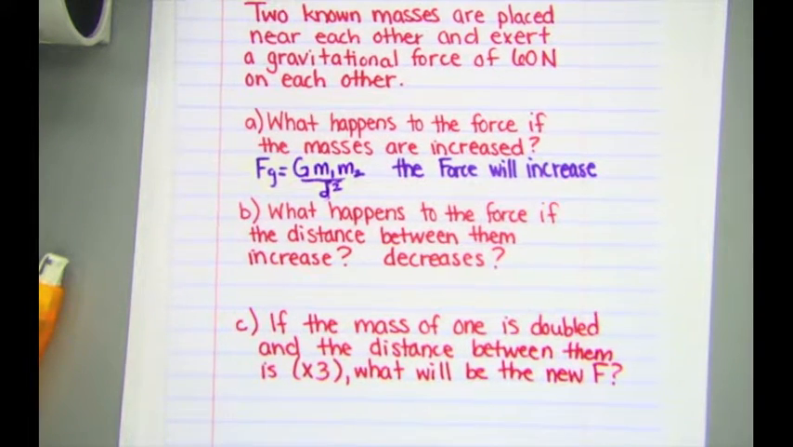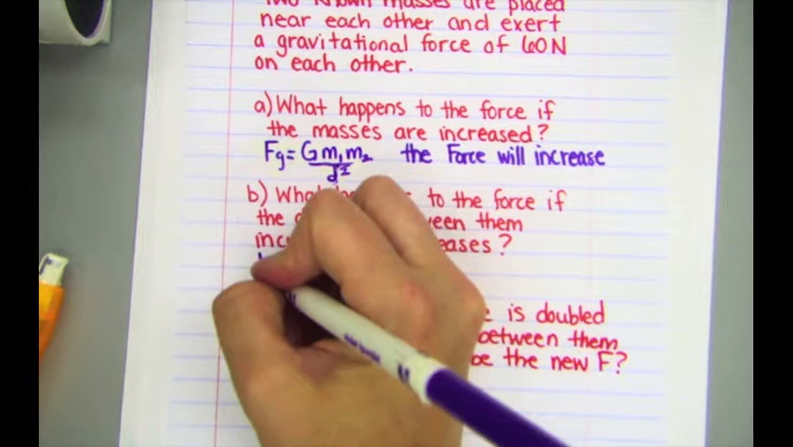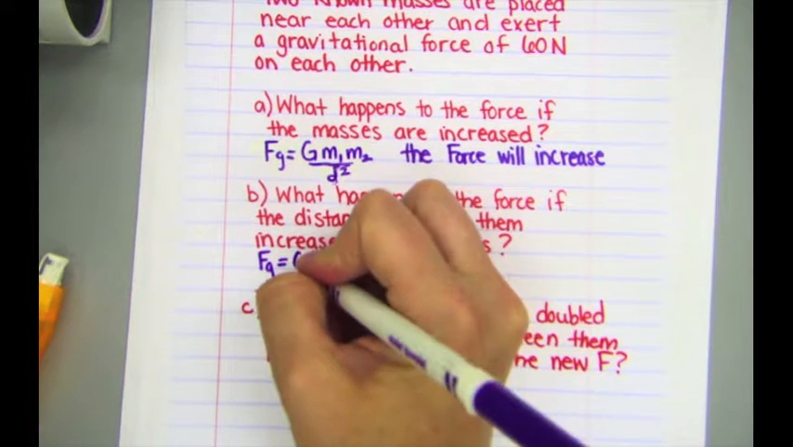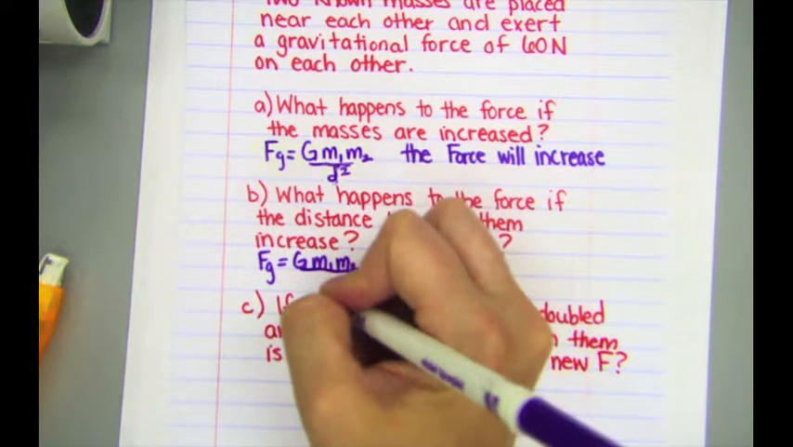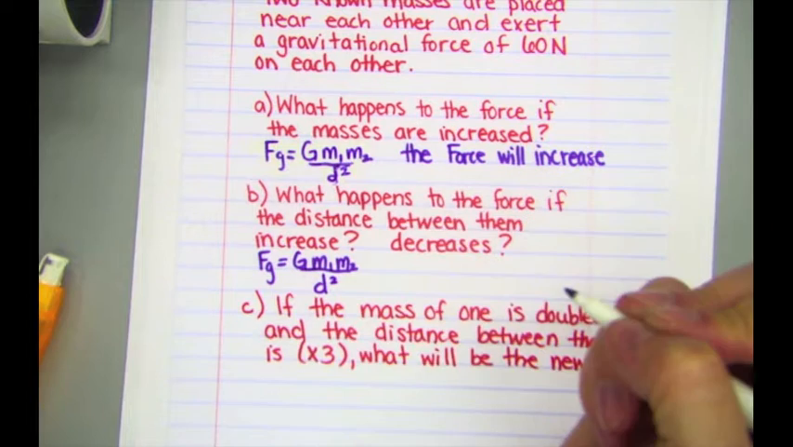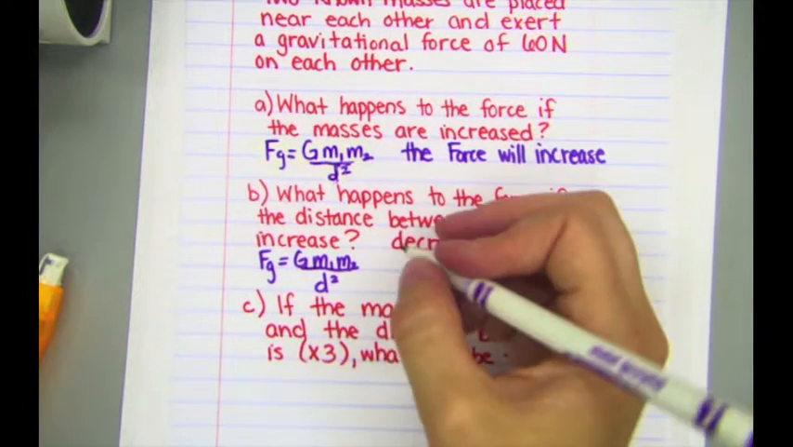What happens to the force if I increase the distance? Well, this should make sense, okay? If I get closer together, then it's easier to exert a greater force on the other mass, okay? If you look at the equation, you'll notice that d is in the denominator, okay? If I increase the d, that means I'm making them farther apart. So if I increase the d,